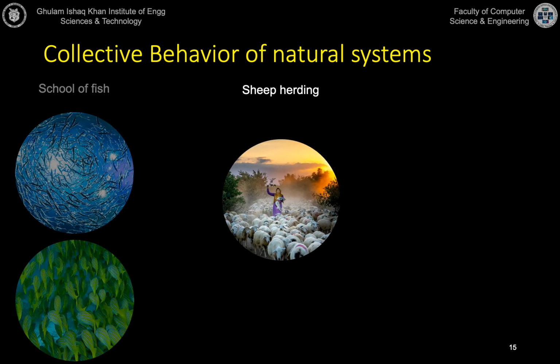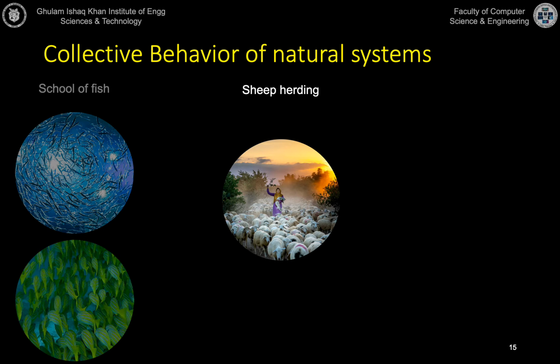And now coming to my last example of a natural system where individuals are coordinating with other individuals without having a central coordinator or central person who's making them coordinate, is basically the herds of animals. So for example, cows or sheep or deer or any of the four-hoofed animals, even elephants, they all have an amazing herding sense. So you'll see them